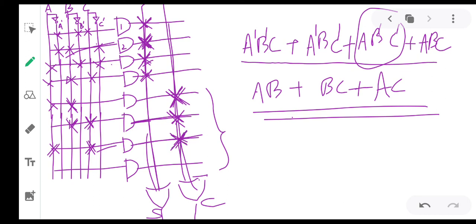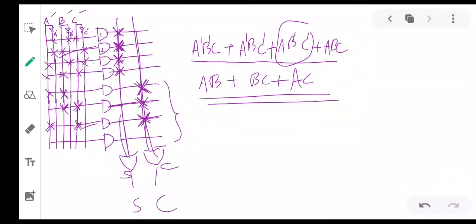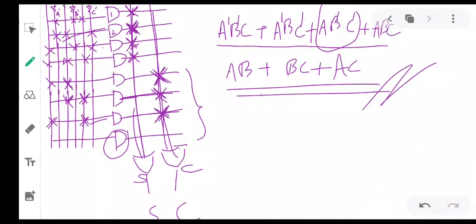Now of course one more product term is left, but you do not require it. Therefore all the fuses to this product term are blown off, and this is connected to sum as well as carry, but this fuse is also blown off, this fuse is also blown off. So whatever connections you do not require are blown off. You require only 3 connections, you connect them, the rest are not connected.